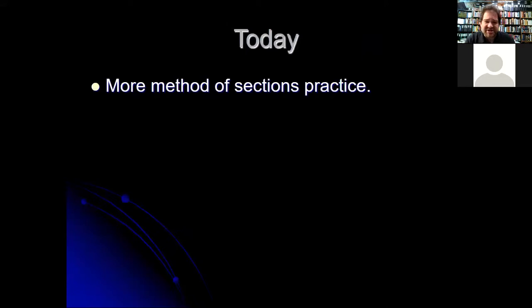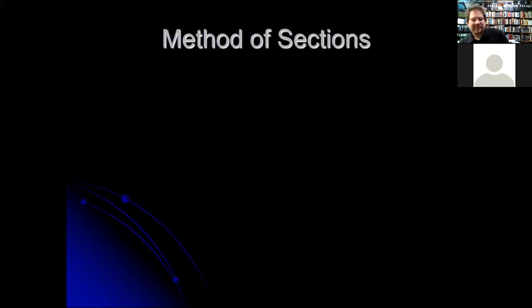Today we're going to do some more method of sections practice, and we're just going to start up with a problem. There's not really much in the way of new notes or anything tonight. We'll just go over to the document camera and work through a problem. Be sure as we're working through the problem here to follow along. If you got any questions, go ahead and raise them up. I'll try to get to you as quickly as possible. I'm not going to be looking directly at the screen, so I won't necessarily see the little raised hand icons that they have here for that. But if you just speak up, I'll be able to interrupt and hear you. So let's go over to the document camera.